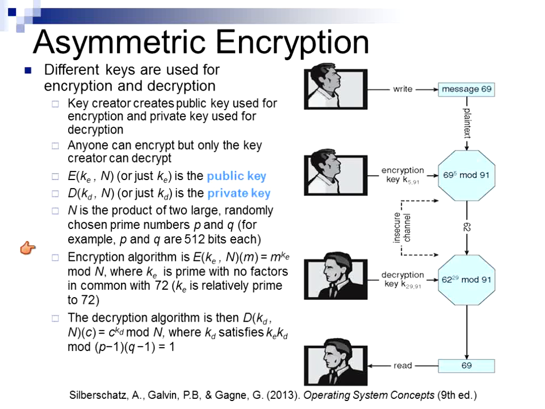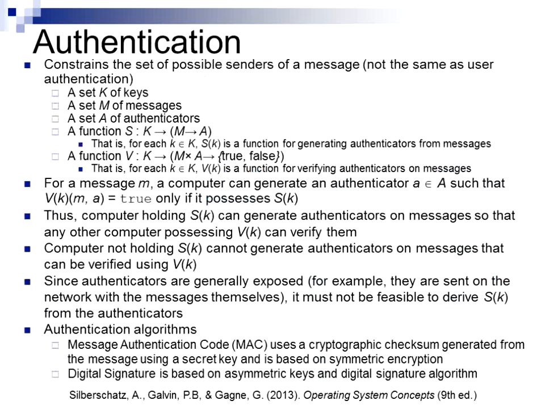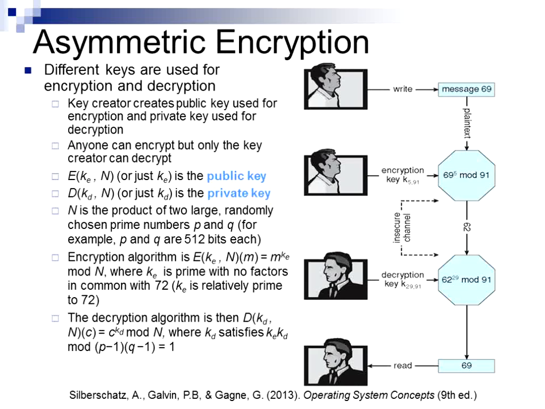Okay? So your book goes through a lot of detail on the asymmetric encryption. I don't really have the time to go through that, but if you do have questions on that, it does take a while to sit down and go through it step by step and understand what's going on in each step. But basically the difference between symmetric and asymmetric is that with symmetric, the receiver and the sender share the same key. With asymmetric, the receiver and the sender actually have different keys.